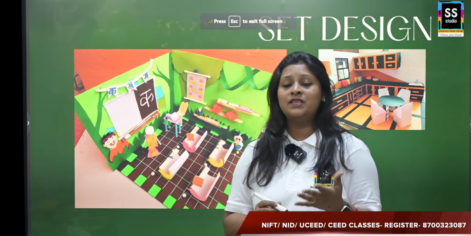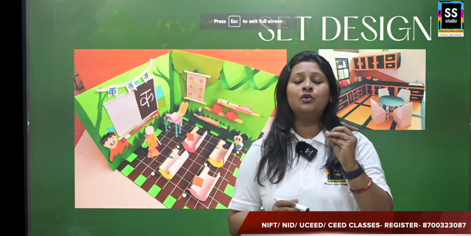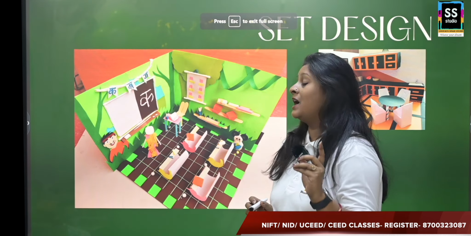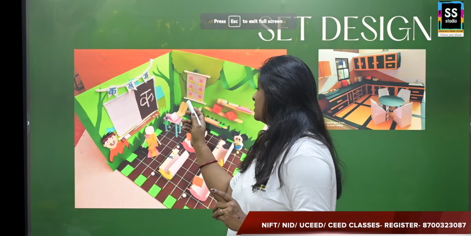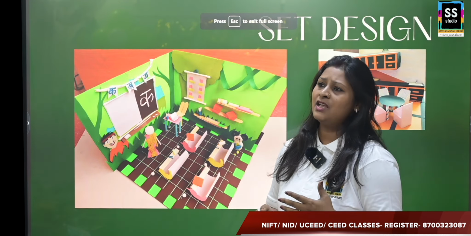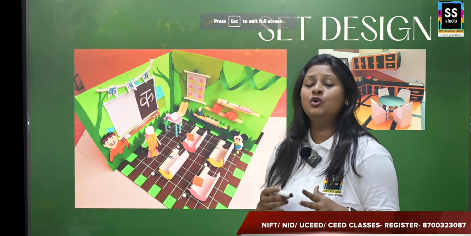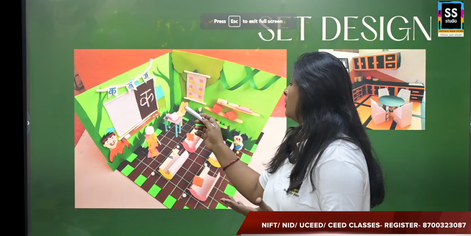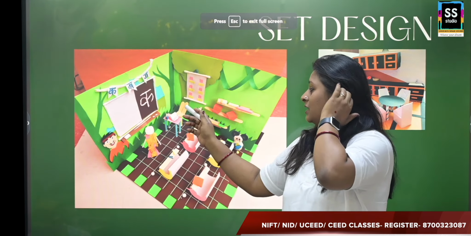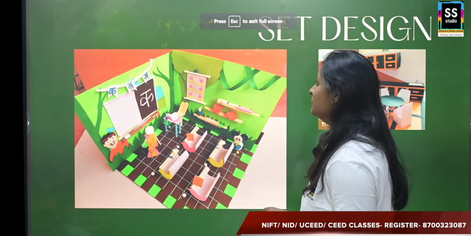Now I have always told my students that you must include any 1 or 2 human figures if you are doing a set design, because that is going to give you marks. And also you can see how the chairs have been made. Normal regular paper, origami and kirigami are too basic, and you have to do the material handling. So through folding of the ice cream sticks and the straws, the table and the chair have been made. You can see here.